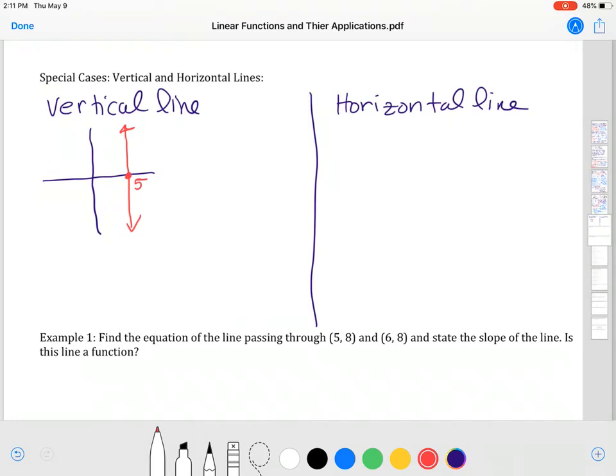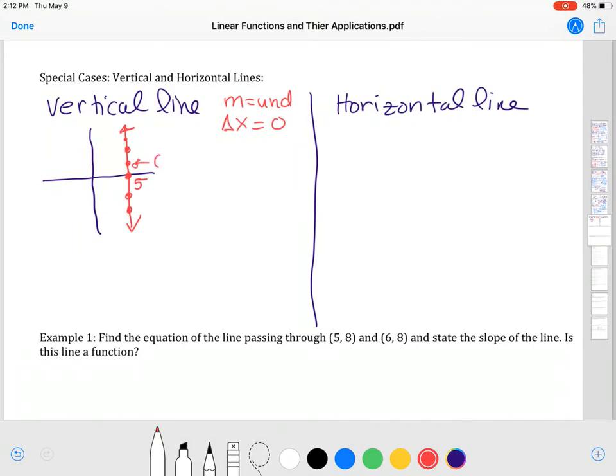And we said before that the slope of a vertical line is undefined. And that's because the change in x is 0. There's no change. And if you look at the graph, if I just randomly plot points on here,